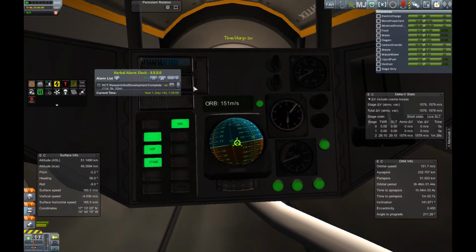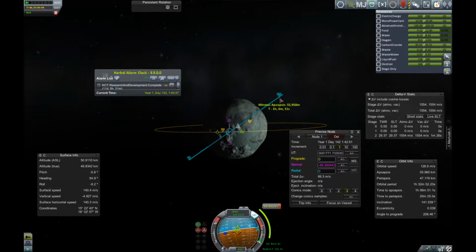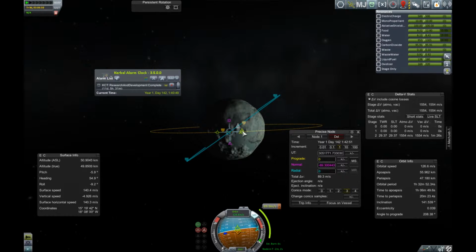There I'm burning again after time accelerating towards periapse. And there we have it. Our apoapse is also down to about 50 kilometers. Now for the maneuver, I'm in a bad place here, so I tried to burn to get myself into an equatorial orbit